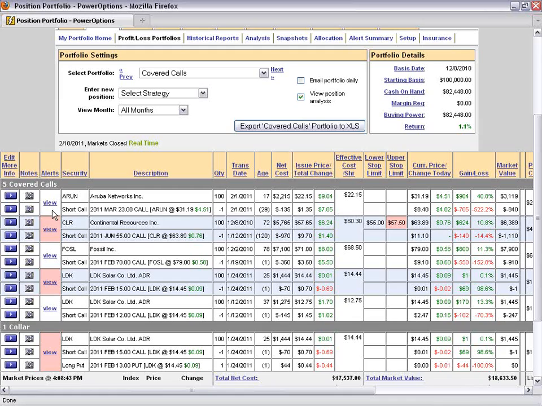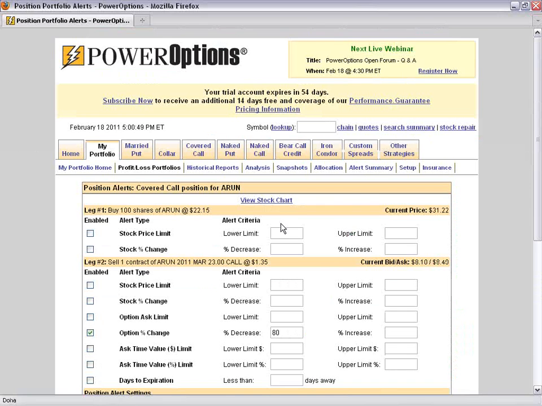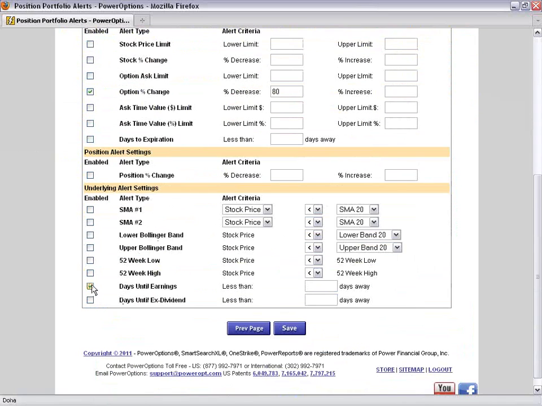So it's a trade-off. Now, one of the recent alerts that we added into the portfolio, if you click on the view there and you go to alerts, is that you can select to be notified if you're within 2 days or 3 days before an expiration or next dividend date.